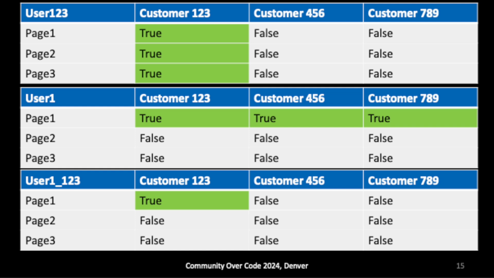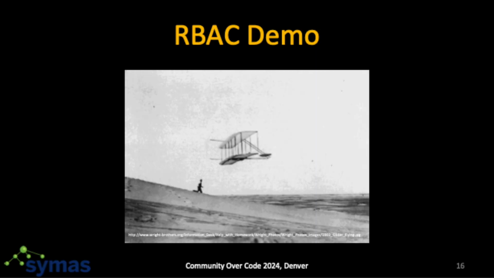And so let's just try this real quick. I am not a GUI developer. I specialize in ugly GUIs, and this is one of them. So I'm going to log in as user 1, 1, 2, 3, which means I can hit page 1 for customer 1, 2, 3. Actually, I'm just going to do user